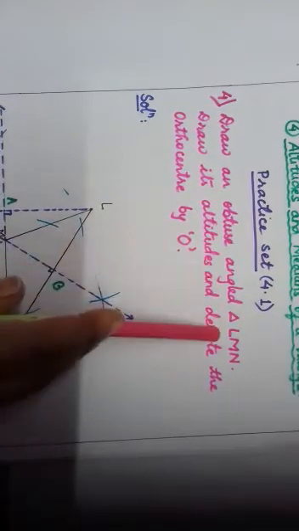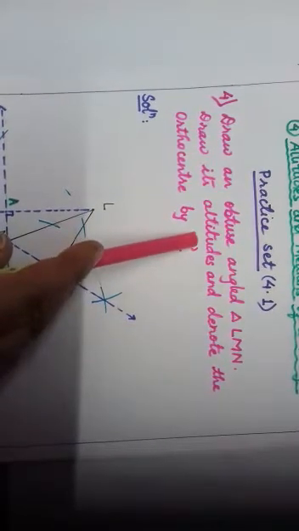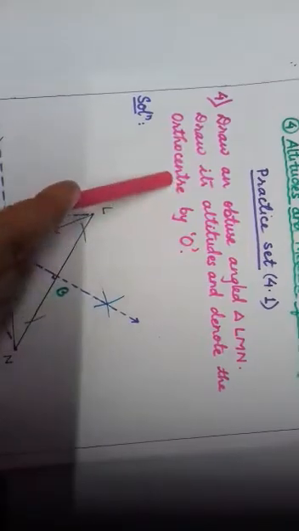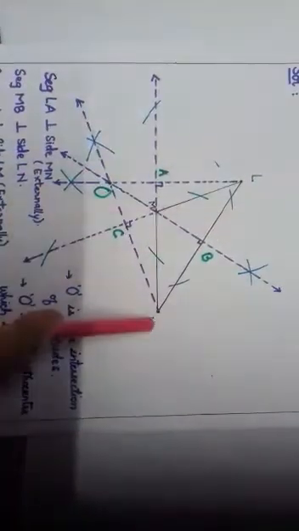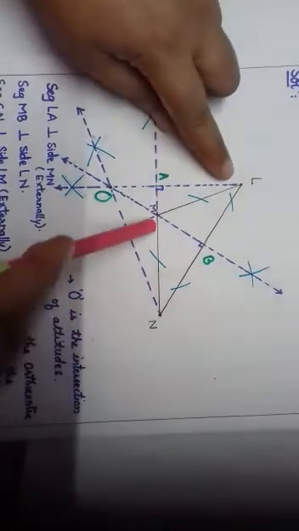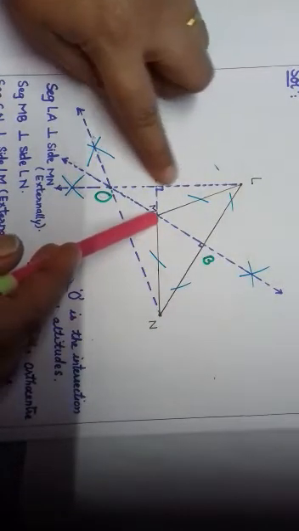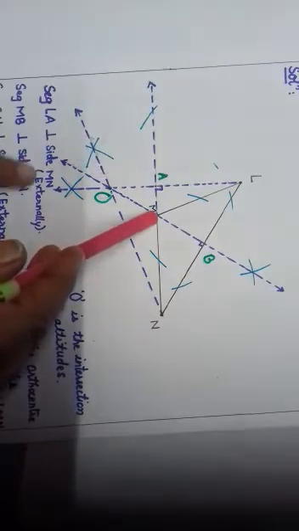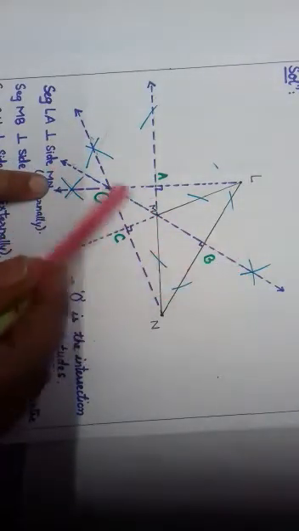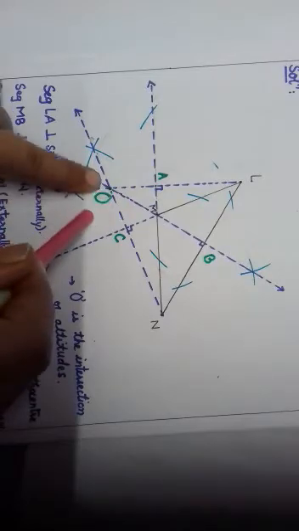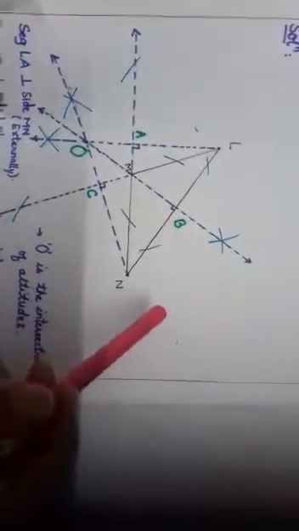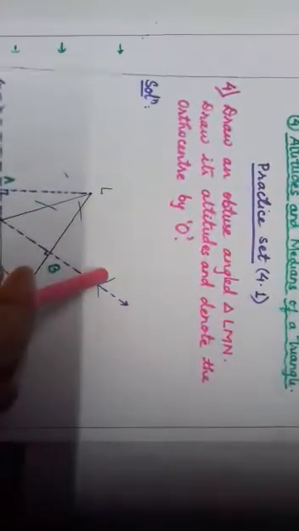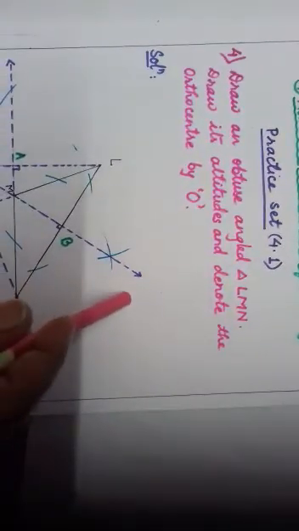Here you have drawn an obtuse angle triangle and you have drawn altitudes and shown the orthocenter by letter O. Such type of obtuse angle triangle we have taken, we have extended this line, we have extended this perpendicular line, and we have drawn the intersecting point, that is the orthocenter O, in the obtuse angle triangle in this way, and we have written the answers also. Okay children, you have all these notes, but I am just revising for you, because after revising this I am giving you the revision test.